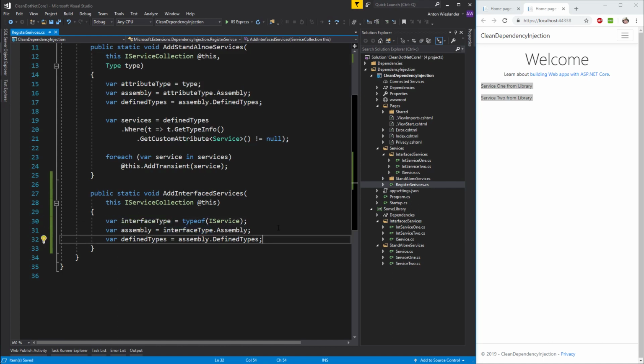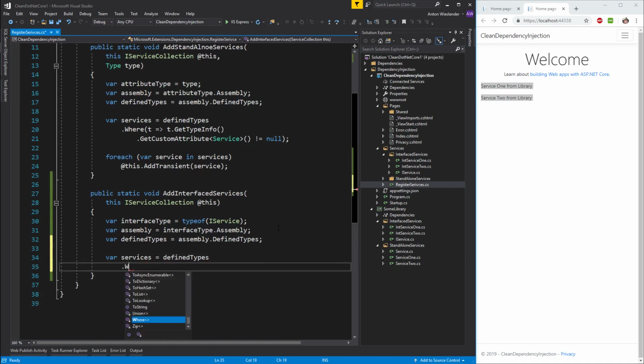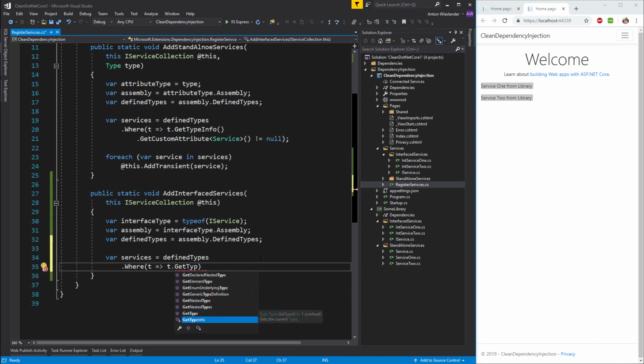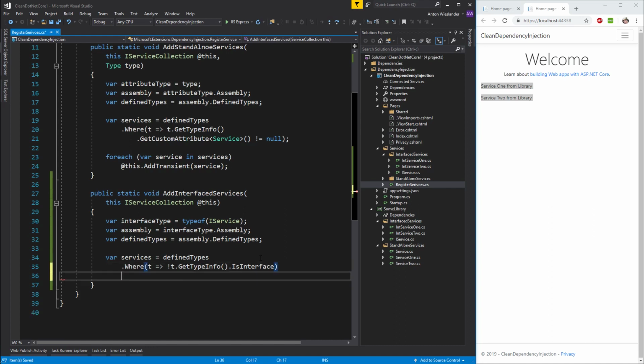So now all we have to do is go ahead and do a similar thing. We have to go into services, and we'll say define the types, and we'll again use LINQ for where, t for type, and now we want to say t.GetTypeInfo. And what we want to do is say IsInterface and not. So we don't want to check for interfaces first. Then we want to go ahead and say t.GetTypeInfo